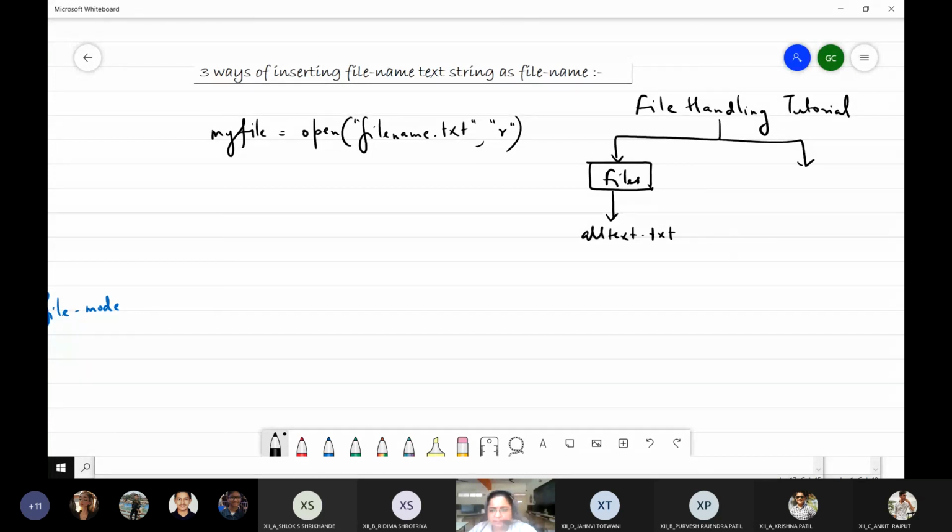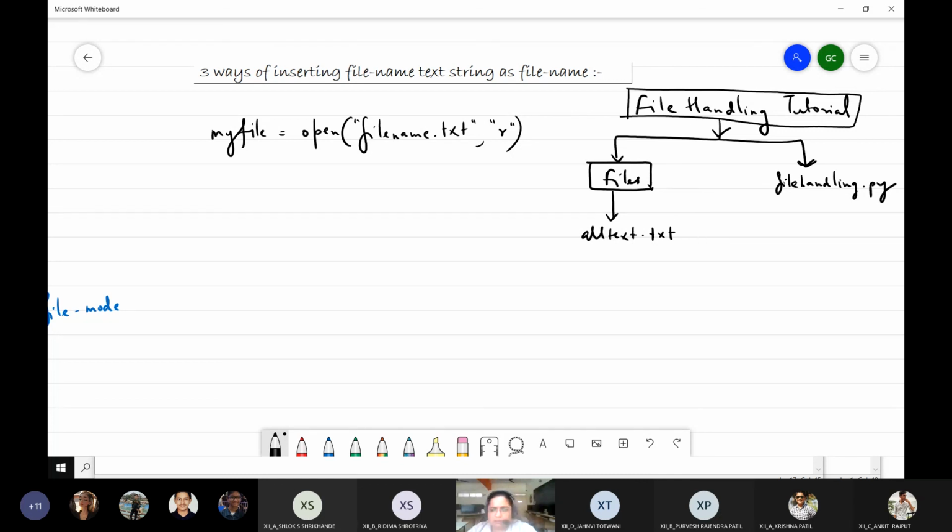Suppose this is my file name, and within the file handling tutorial folder itself, I have the program, that is file handling.py. So this is my Python program. Where is the Python program? It is directly within the file handling tutorial folder. And where is the all text.txt file? Within a folder named files, which is within this parent folder, right?